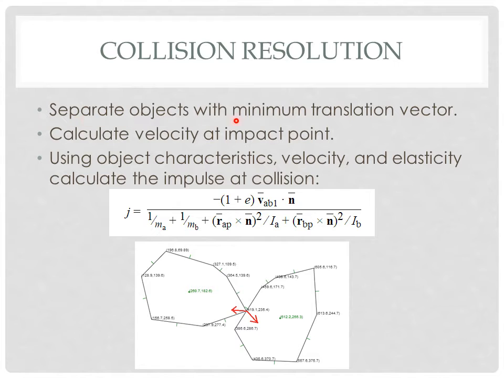After separating the objects with the minimum translation vector, we calculate the velocity at the point of impact, and that's the combination of the angular velocity of both objects and the translational velocity added together, and that's this term. To calculate the impulse, it uses elasticity, the normal vector of the surface at collision, the mass of the two objects, the moment of inertia of the two objects, and it uses all these values to calculate an impulse value, which is basically the severity